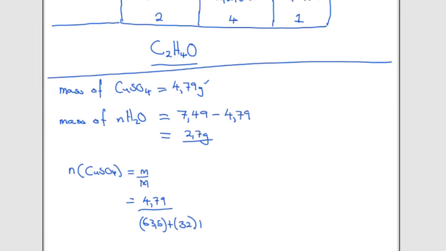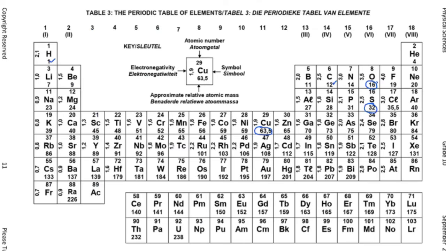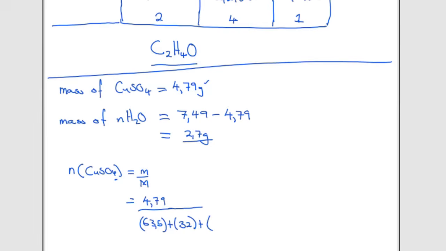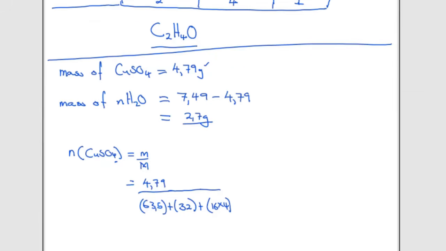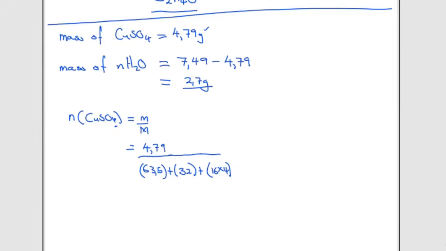Then I'm going to say plus again our oxygen. We can see we're having how many oxygens? 4 of them, right? So again we have our oxygen, which is 16, so I'm going to say bracket 16 multiplied by 4. So if we do our math, this is the same as